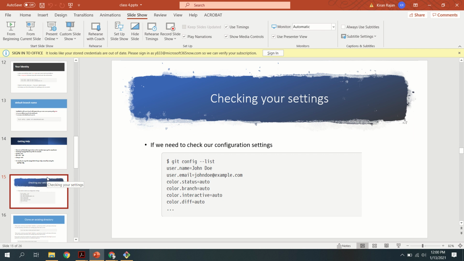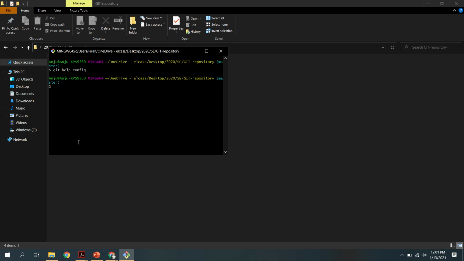Then next, suppose you want to check your settings. You already did some configuration settings, like changing your identity, your username, password, etc. It is also possible to change the background of this screen. Everything is possible using the git config command.